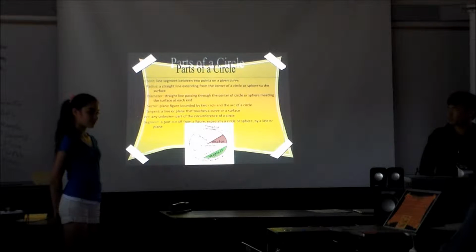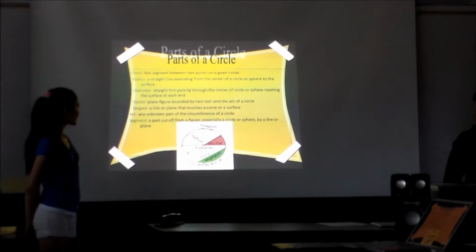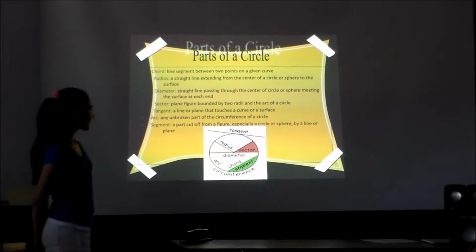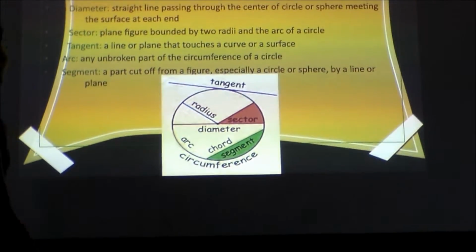A tangent is a line or plane that touches a curve or surface, and an arc is any unbroken part of the circumference of a circle. A segment is a part cut off from a figure, especially a circle or sphere, by a line or a plane. So a chord is